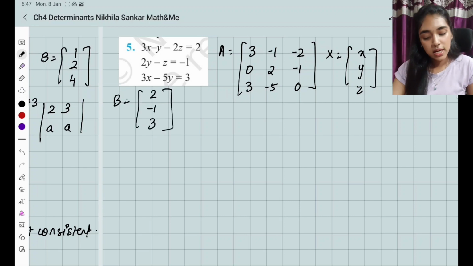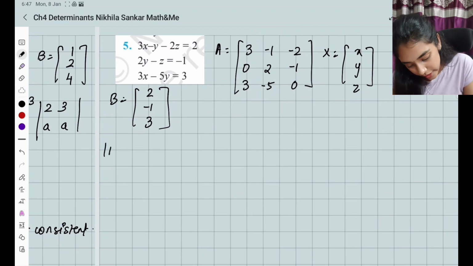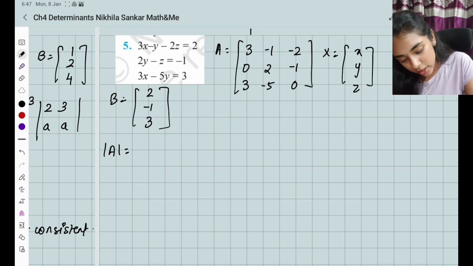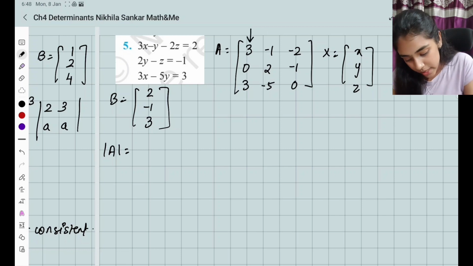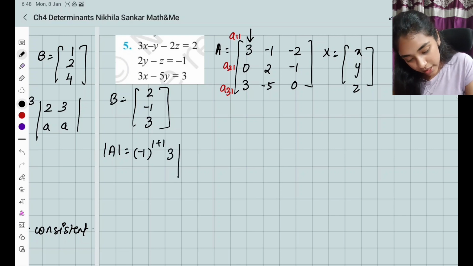Okay, as usual. Now you need to find the determinant of A. So what is the determinant of A? Along which column or row can we do it? I can do it along the first column. So this is going to be A11, A21, A31. Here there is a 0, so I can do that. So minus 1 to the power 1 plus 1, 3 times determinant